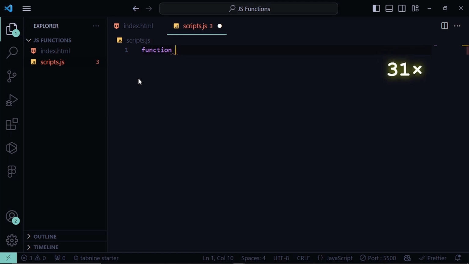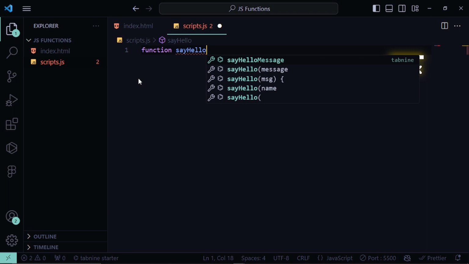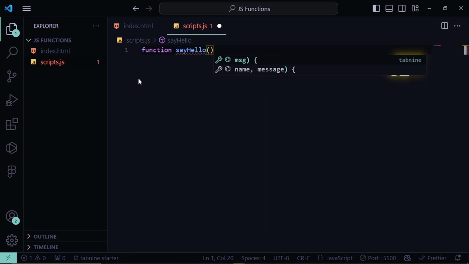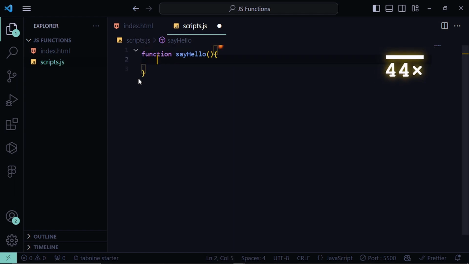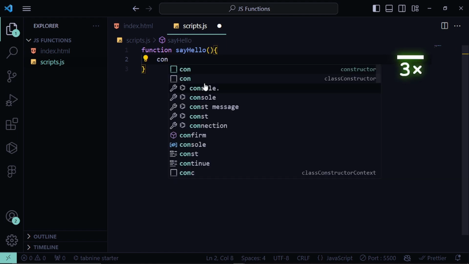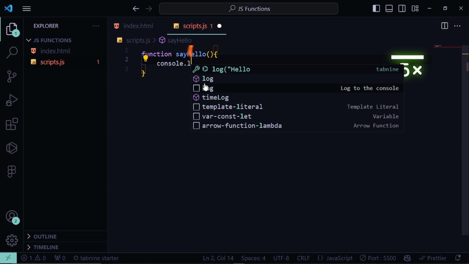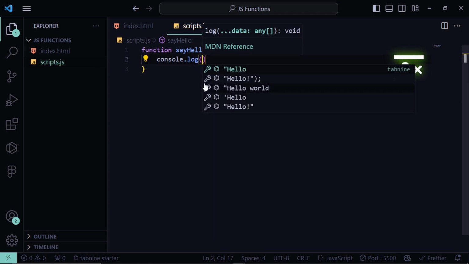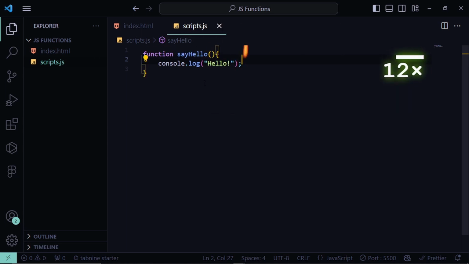So I'm going to call this function sayHello. Then we have our parentheses and then curly brackets. So all the code that we want to execute whenever we call this function is going to be located inside of these curly brackets. So when we say, for example, console.log, then we can say hello. So when we save this and come back,